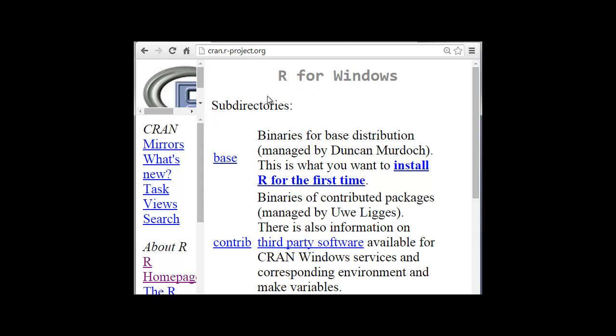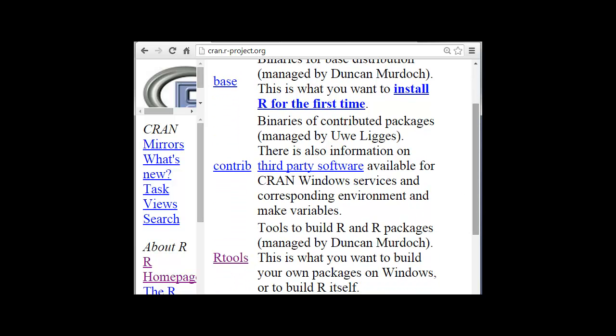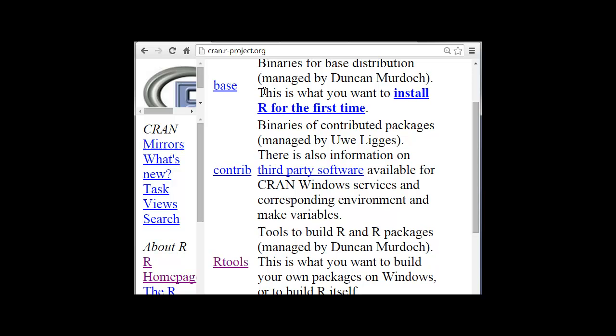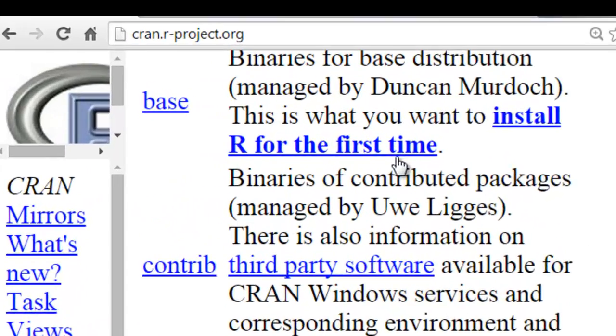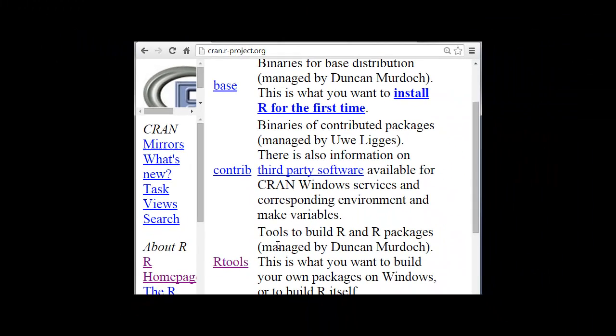This will redirect you to three versions: base, contrib, and Rtools. The base version is mainly used for users who are new to R. So first you have to download this version, and after that you have to download Rtools.